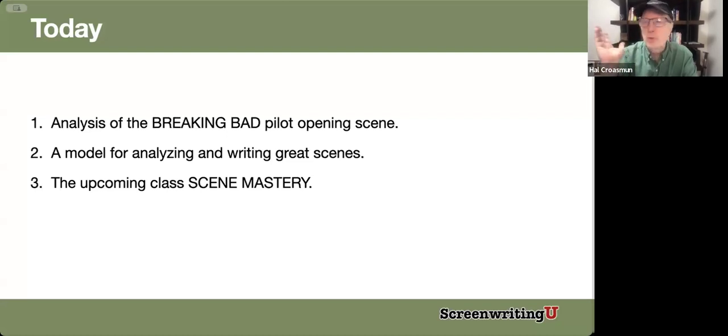Just reading that one scene, I read just the opening scene and I looked up and I went, oh my God, this writer is incredible. And that's what you want. So